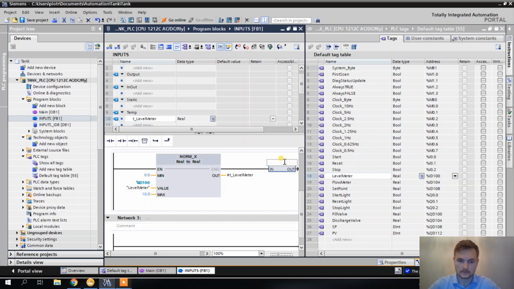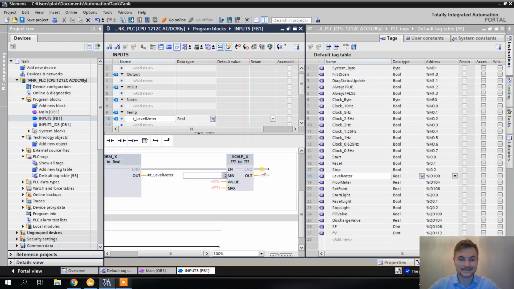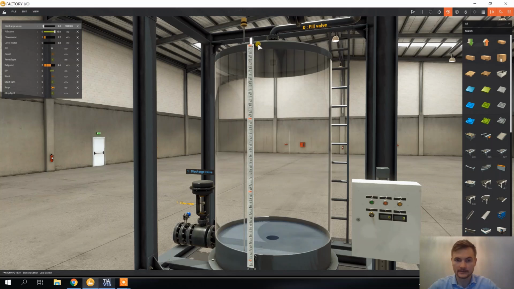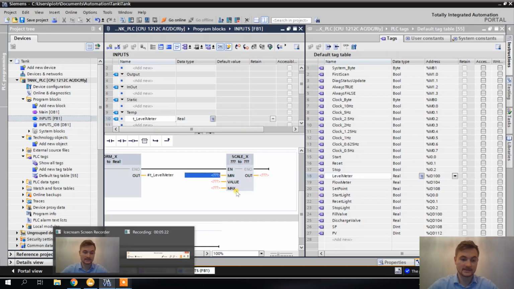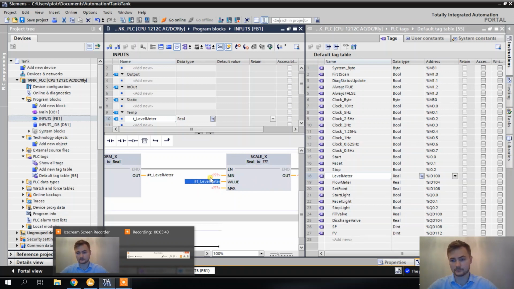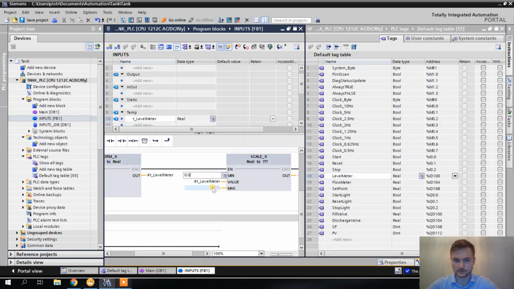All right, and now I'm going to use a SCALE_X block to scale it from 0 to 300, because this is how the maximum level is, 300 centimeters. I guess in this case it's not an engineering value. Usually you should use either meters or millimeters, but this is how it is in Factory I/O, so this is how I'm going to use it as well, so that it stays consistent with the project. So 0.0 to